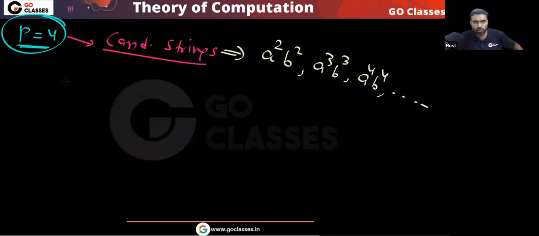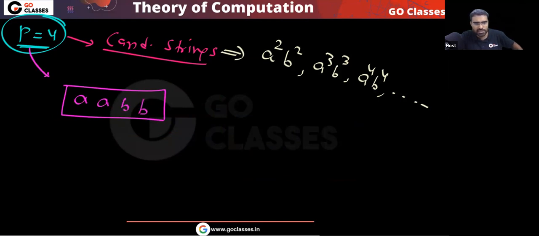If you take P equal to 4 and you take this string, AABB, this string will also not pump. Sorry, this string will actually pump. Oh, yeah, this string. Will it pump? Just check. Will this string pump? If you take P equal to 4 and you take this string, this will also not pump. You can check. Okay, if you take Y equal to AB,